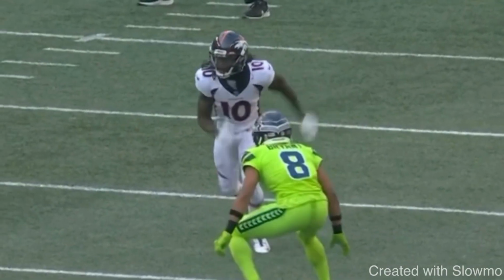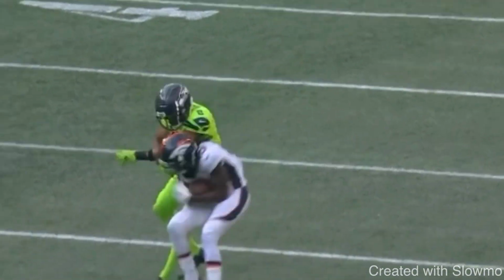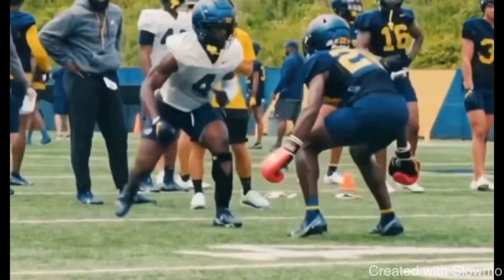Again, great, solid job by Jeudy selling to the inside. Just make sure, fellas, we are keeping that toe pointed forward so I can get plenty of explosion with that release. Okay, so now, the second thing I want to look at here: